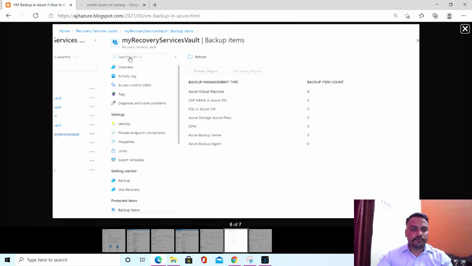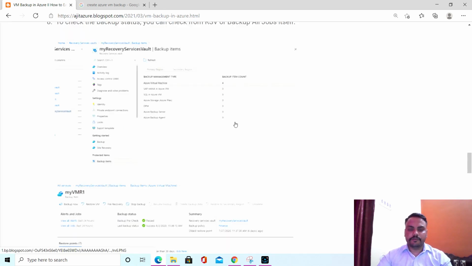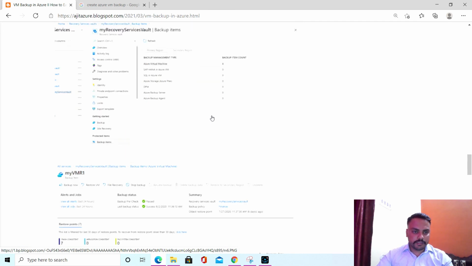If you are not able to find it, you can search for the backup item here. You will get all the components which are backed up in this specific recovery services vault. So here you can see Azure virtual machine, and the backup item count is 4. Once you click here, you will be able to find the VM name and their backup status.